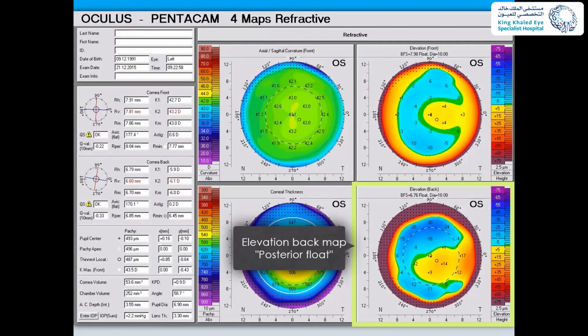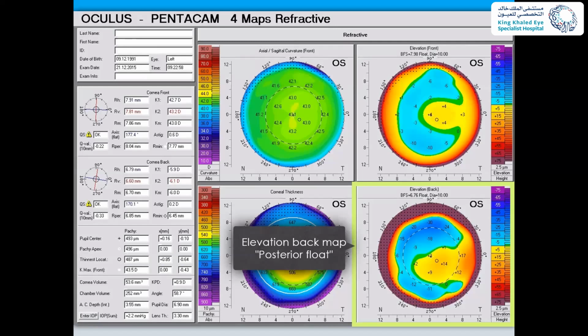Any K2 increased by more than half diopter is progression. Any Kmax increased by more than 0.75 is progression. But again, you have to look at different things, at different times. Sometimes the epithelium has been thickened, so it could be a false progression. It gives you a steeper K. So you have to look at different things, but in general rule, more than half a diopter increase in K2,